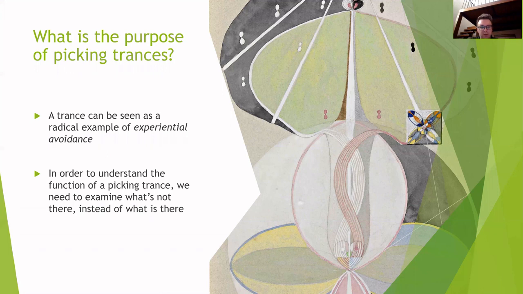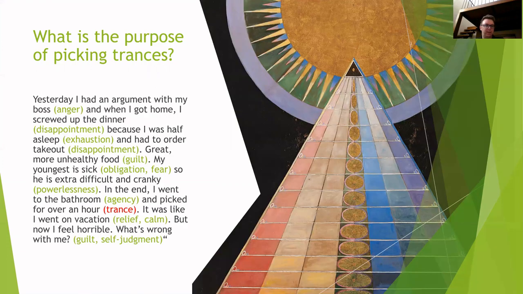So in order to discover the function, we need to see what's not in the story. And I used the last example, the fourth story, to emphasize what the client left out, or rather what she wrote but didn't really write. So let's see what it is that she was actually avoiding. I added things in the brackets here. So let's go over the story again.